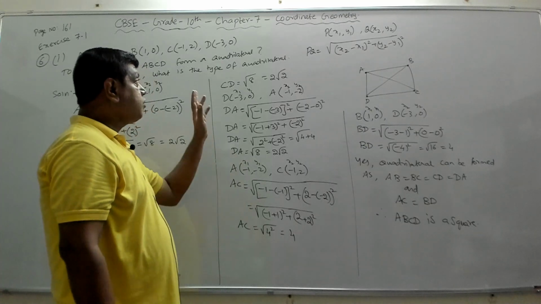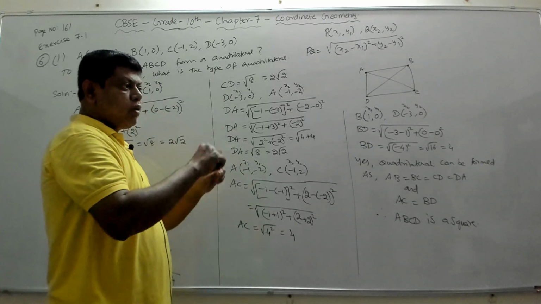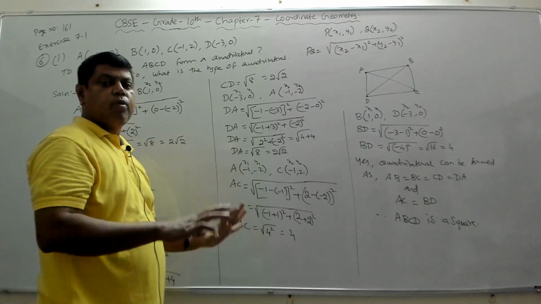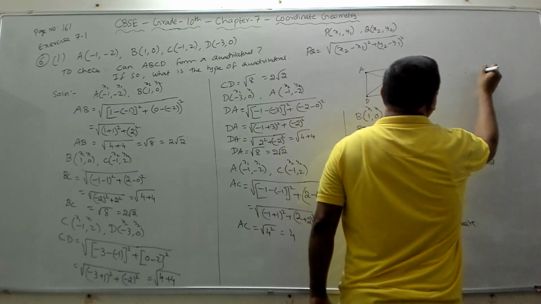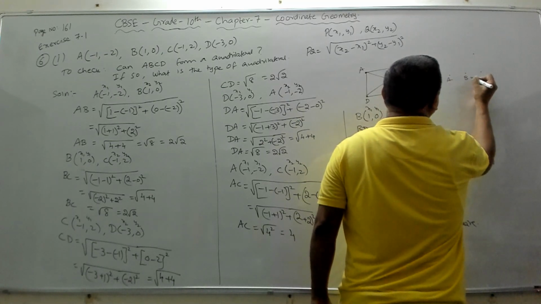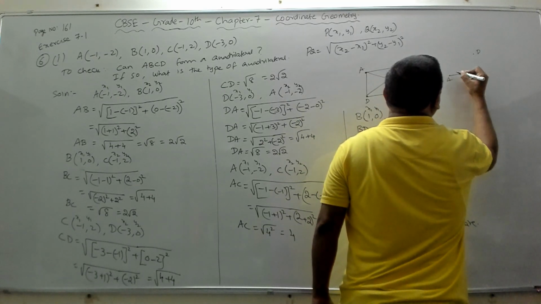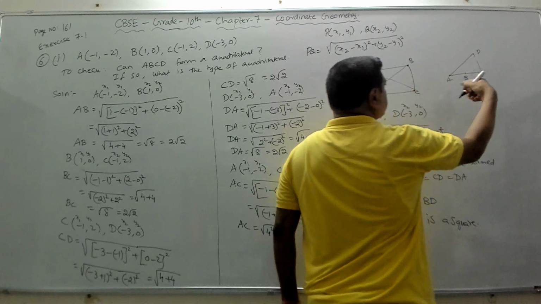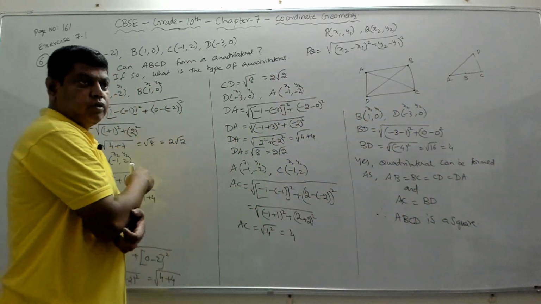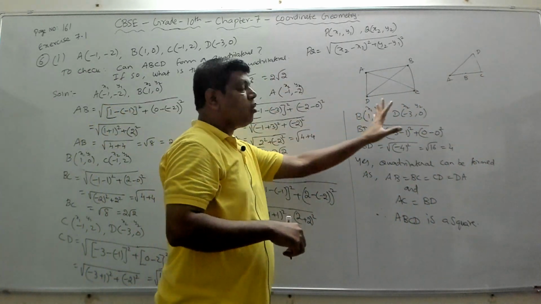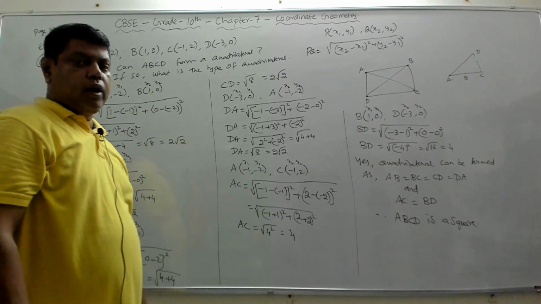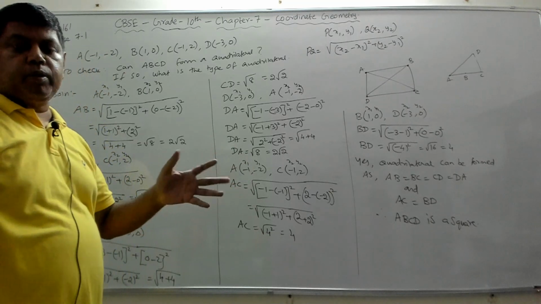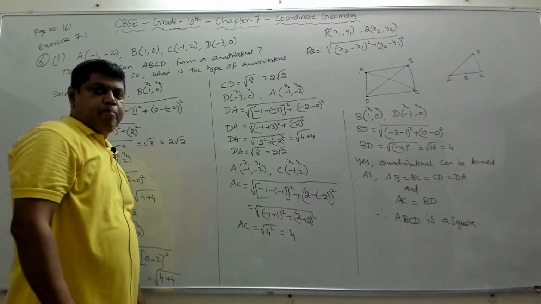First, we have to check whether they will form the quadrilateral or not. It's not like when 4 points are given, all the 4 points will always form a quadrilateral. Suppose the 4 points are like this, 1, 2, 3, and 1 point is here, then this is A, B, C, D. Then you cannot form a quadrilateral. With these, you can form only a triangle. So that's why they are checking whether these 4 points form a quadrilateral or not. Once the 4 sides are equal, then it will form a quadrilateral, because once the 4 sides are equal, it becomes a square or a rhombus.